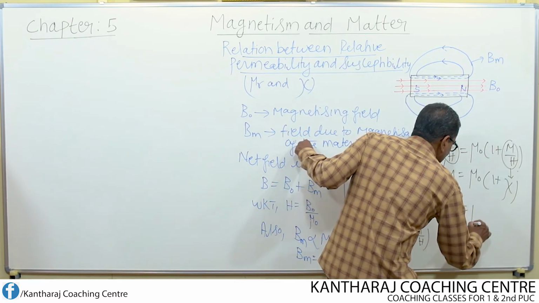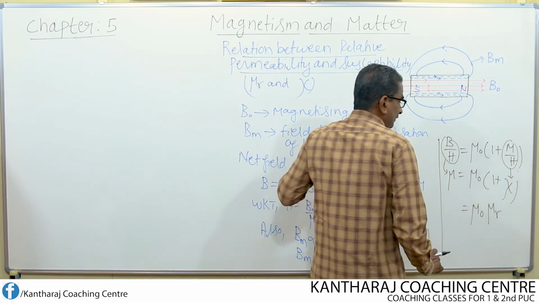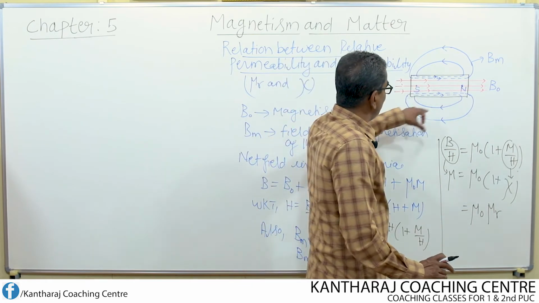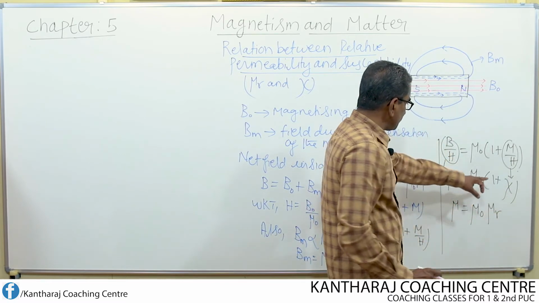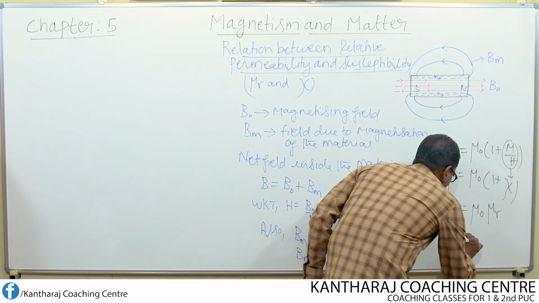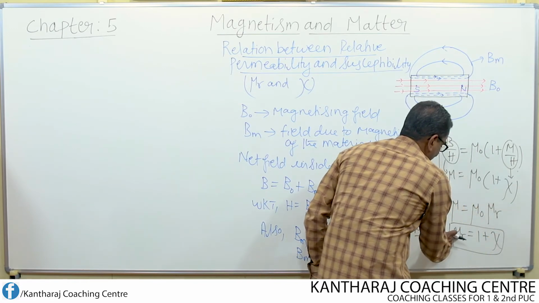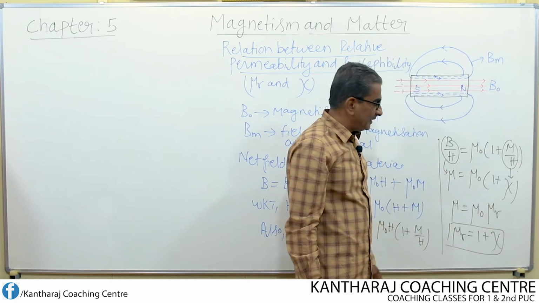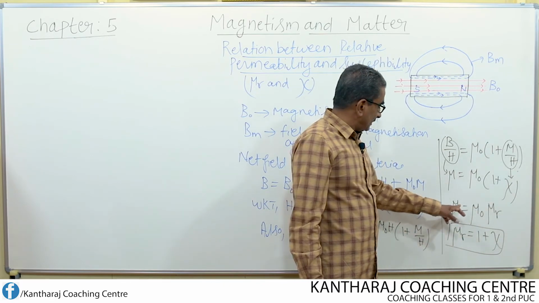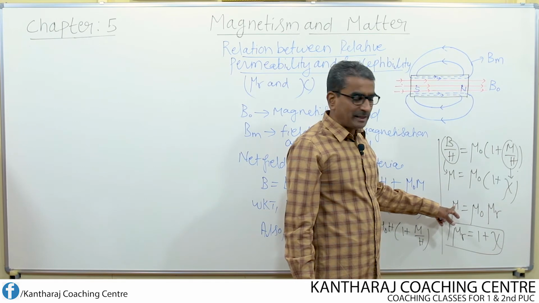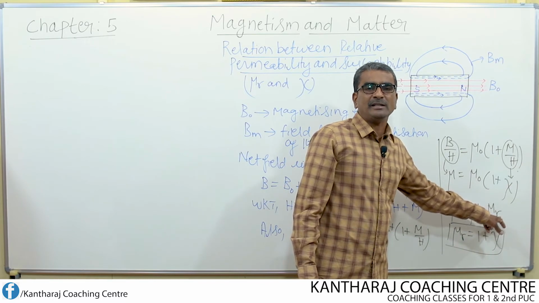Now this is equal to mu naught, and for the entire 1 plus chi, I can substitute mu r, which is the relative permeability of the material. So finally, we have mu equal to mu naught into mu r. The substitution made to mu r is mu r equal to 1 plus chi. This is the relation between the relative permeability and the susceptibility, whereas mu equals mu naught mu r is the relation between all three permeabilities: the magnetic permeability of the material is equal to the product of the permeability of free space and the relative permeability of the same material.